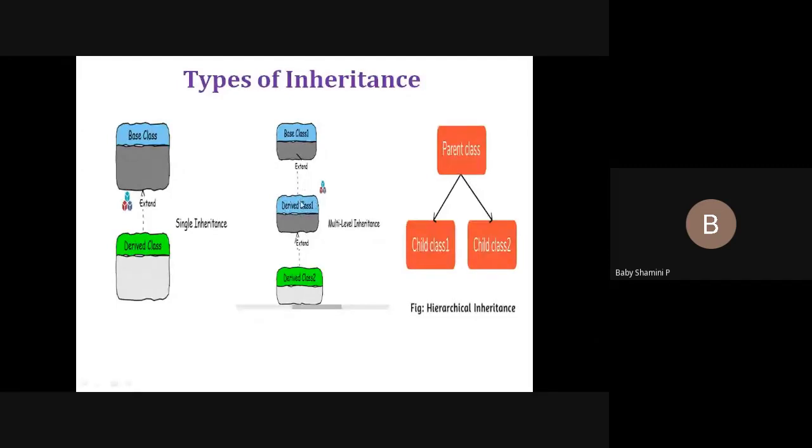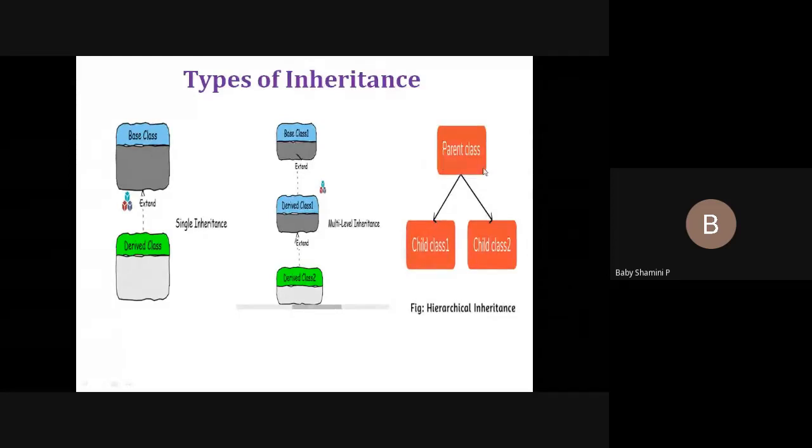So derived class 1 contains its own properties and also its parent's properties. Coming to derived class 2, it inherits all the properties from derived class 1, but derived class 1 already contains its parent's properties also. So that is a child, parent and grandparent relationship, similar to our family relationship. That is multi-level inheritance.